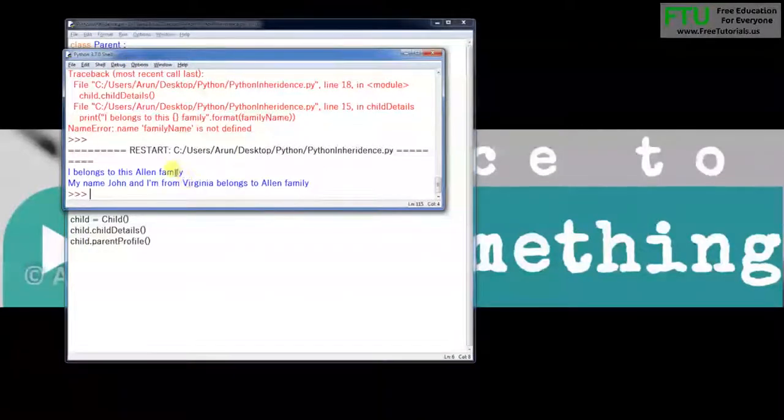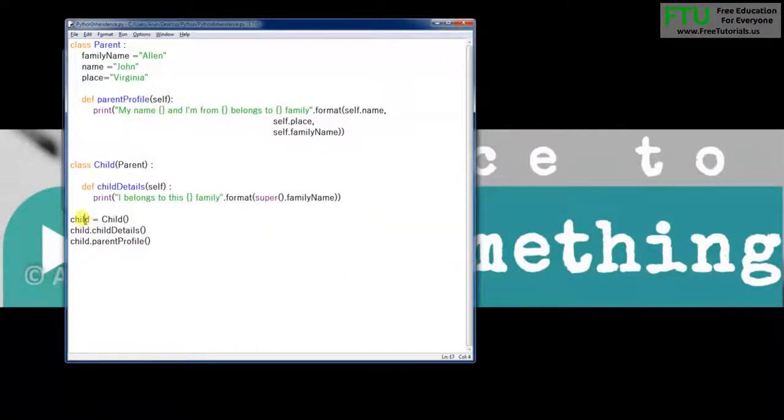See, this comes from the child class and this comes from the parent class, but both are accessed through the child class, not the parent class. So the same way you can have multiple methods in the parent class and you can access all of them from the child class. Just make sure this particular concept is very important,